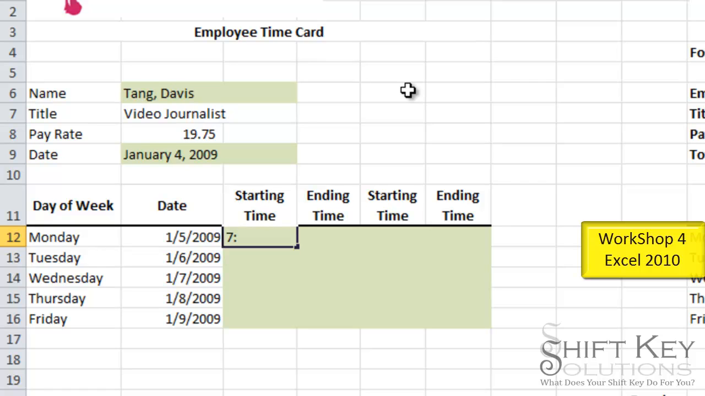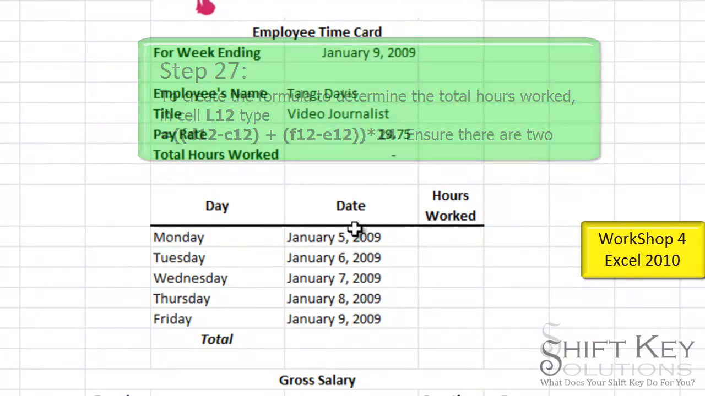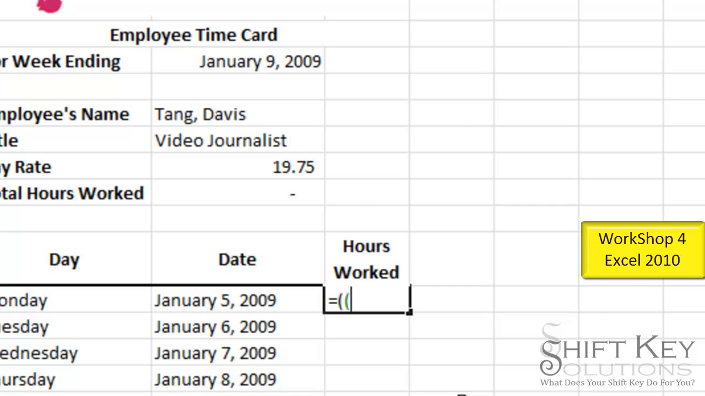7 a.m. tab. Step 27 tells us to create a formula that will determine the total hours worked. Well, this is going to be a little involved. We're going to go to cell L12 and do some calculations with these times. So I'm going to type in equal, and then I'm going to do two open parentheses here because I'll have two close parenthesis formulas within this. The first one is going to be D12 minus C12 close parentheses plus open parentheses F12 minus E12 close parentheses